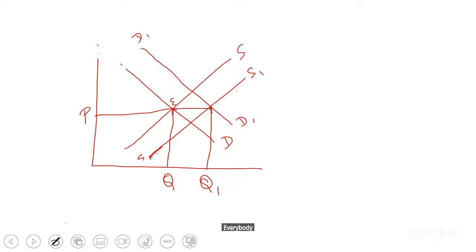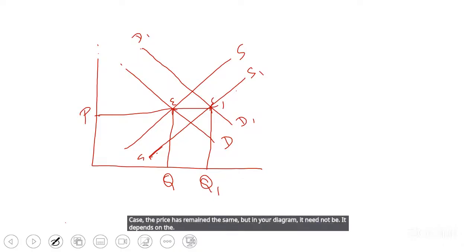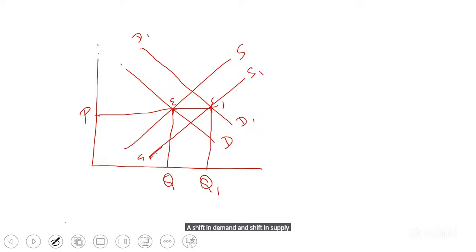Everybody, pay attention. Look at the diagram. In this case, the new equilibrium case, the price has remained the same. But in your diagram, it need not be. It depends on the shift in demand and shift in supply. Okay, the gap you have given. So, please remember,